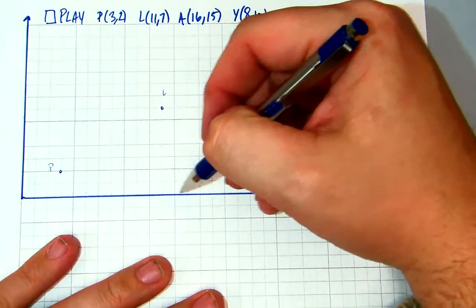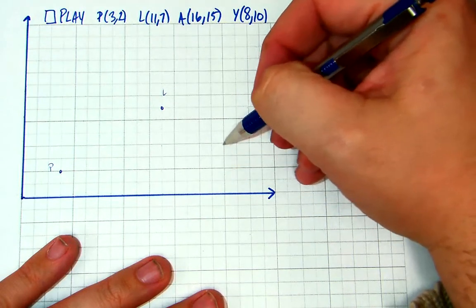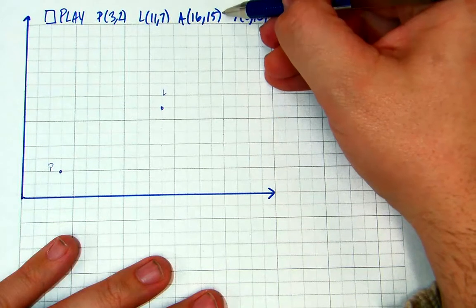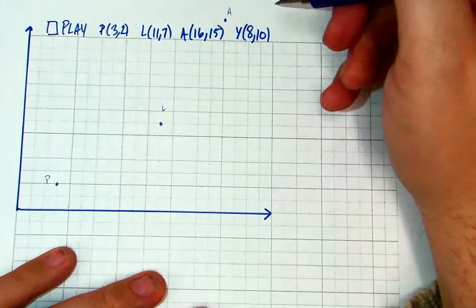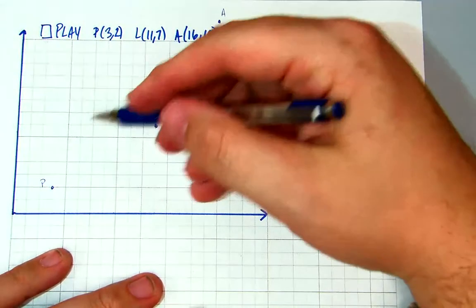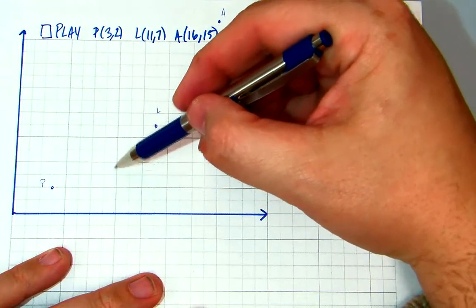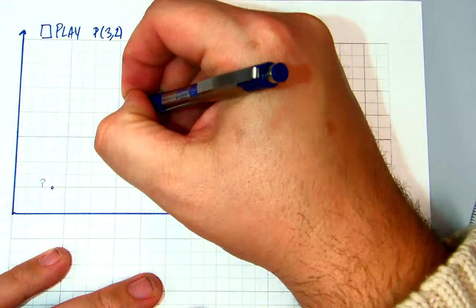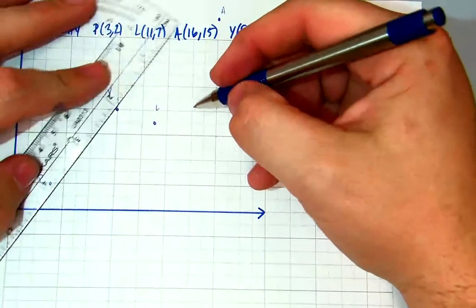So that was 11, 12, 13, 14, 15. 16. We'll put 16 up there since I'm a little bit off. And we should be at 8, 10. There's 4, 5, 6, 7, 8, and 1, 2, 3, 4, 5, 6, 7, 8. So there's the next point. And there's PLAY. Next, we want to connect these points in order